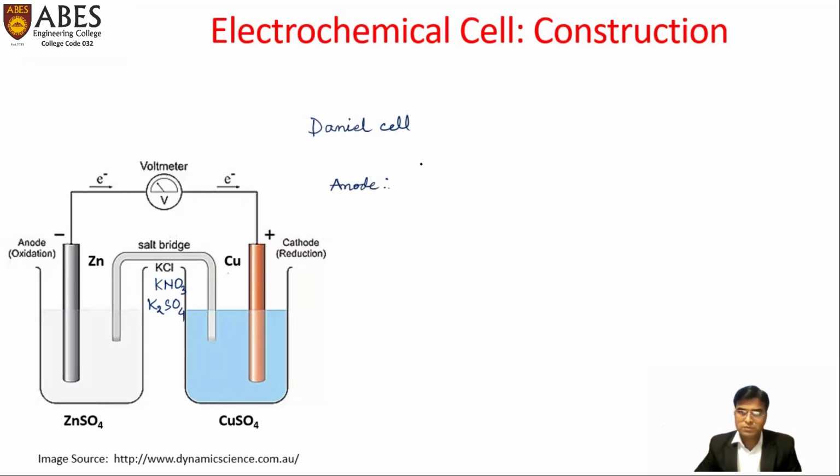At the anode, oxidation will occur. Zinc is oxidized to form the zinc cation, Zn2+, and 2 electrons are lost. So this is called the oxidation half reaction. At the cathode,